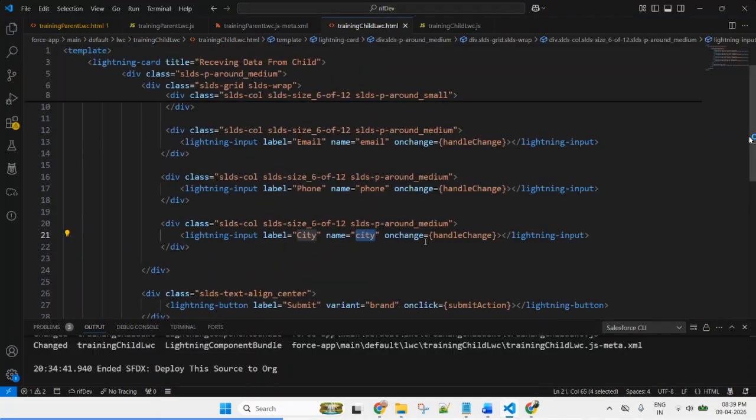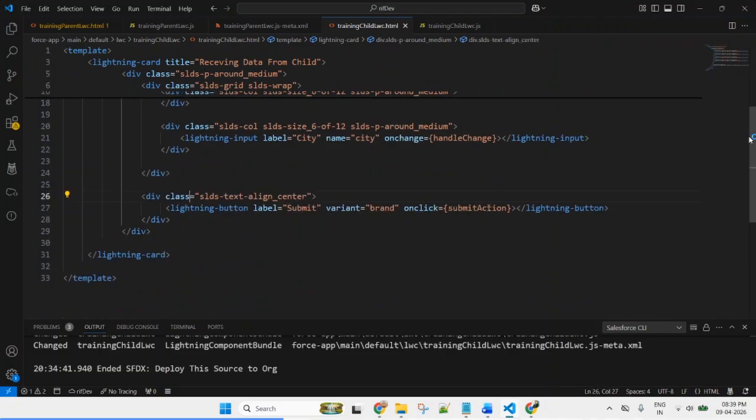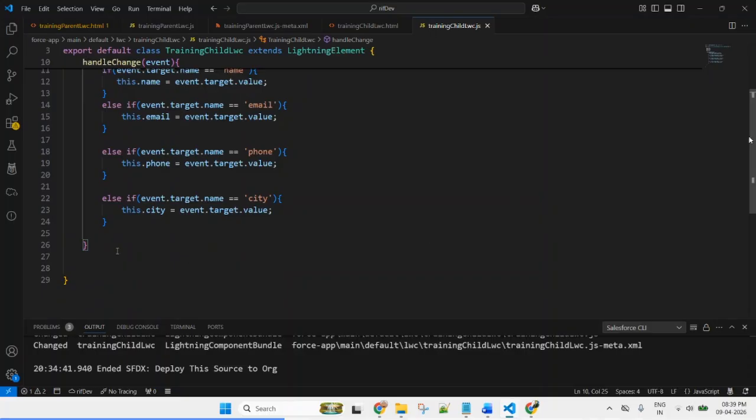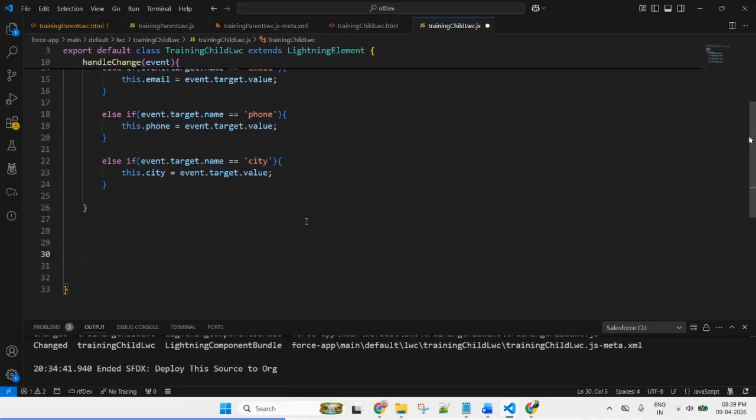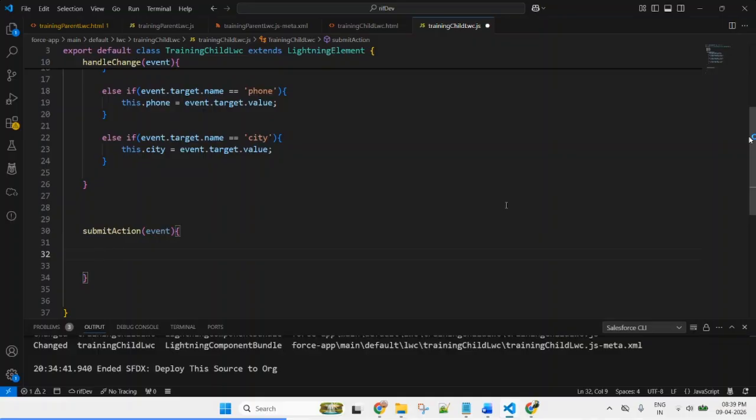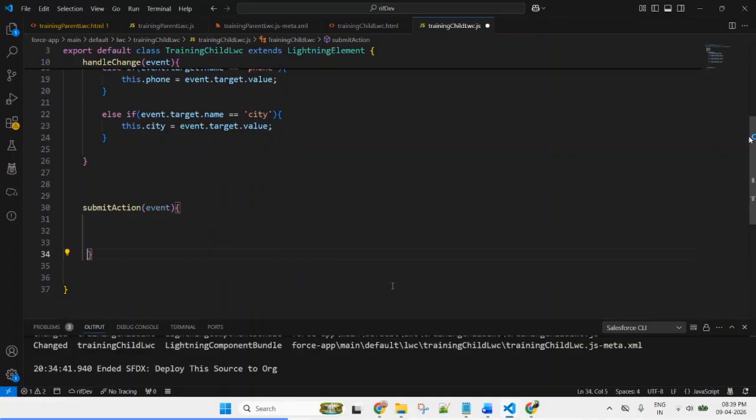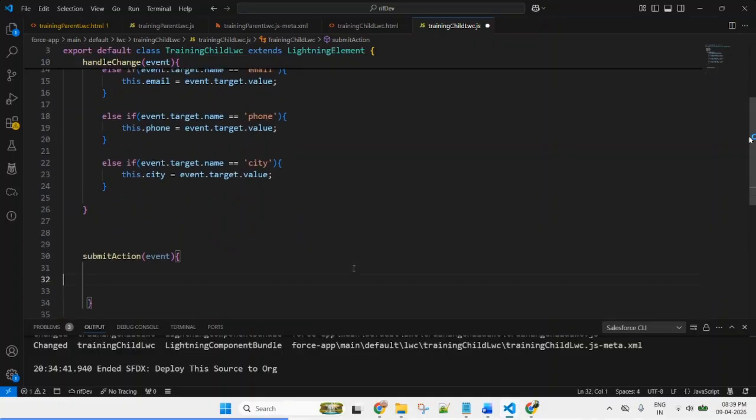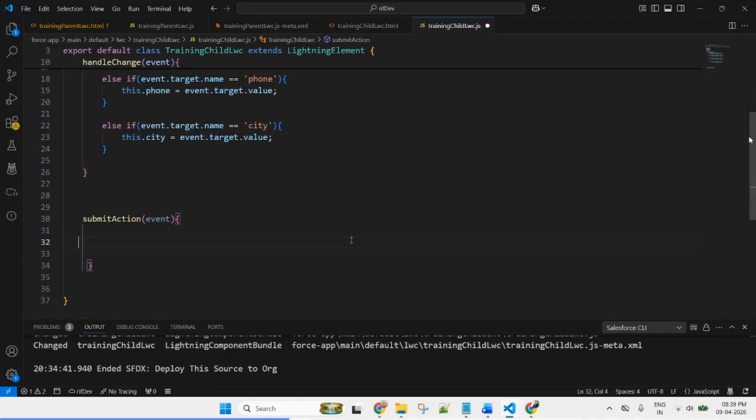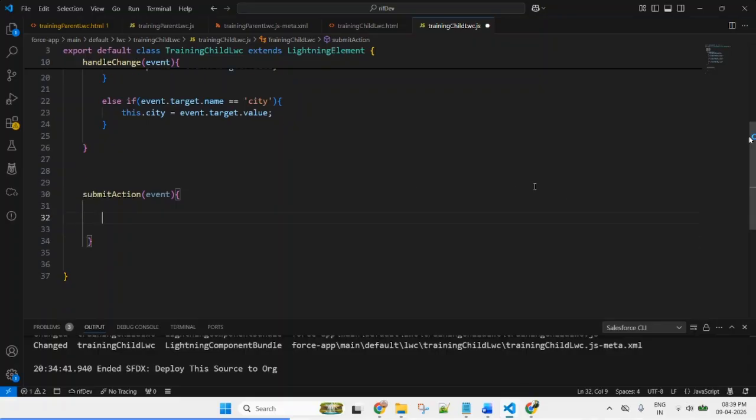Now there is another function in the child component, that is the submit action. Now let me create a submit action after this function. This function closes here. Submit action. So now I want to pass data through a custom event and dispatch event. So inside the submit action, we will use a custom event and dispatch event. So how to pass data? First of all, we get the value. So how to get the value? Inside the function, we use